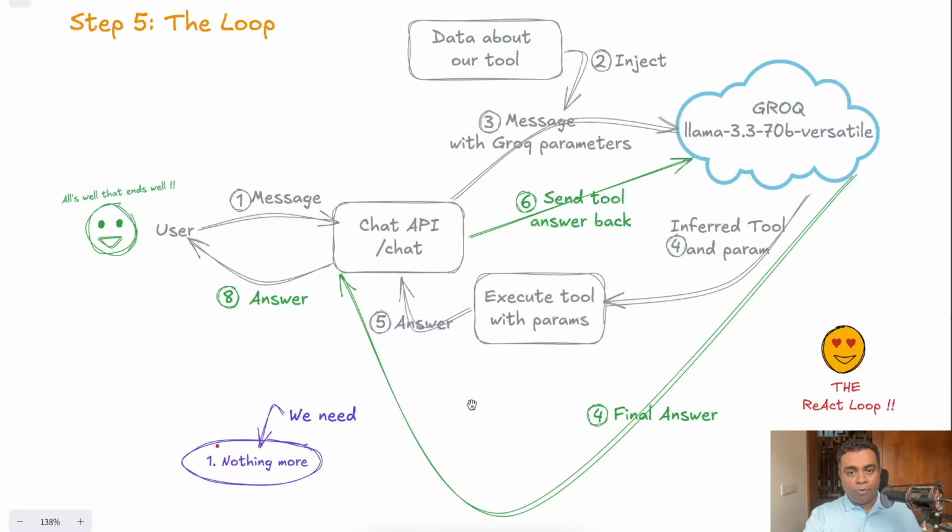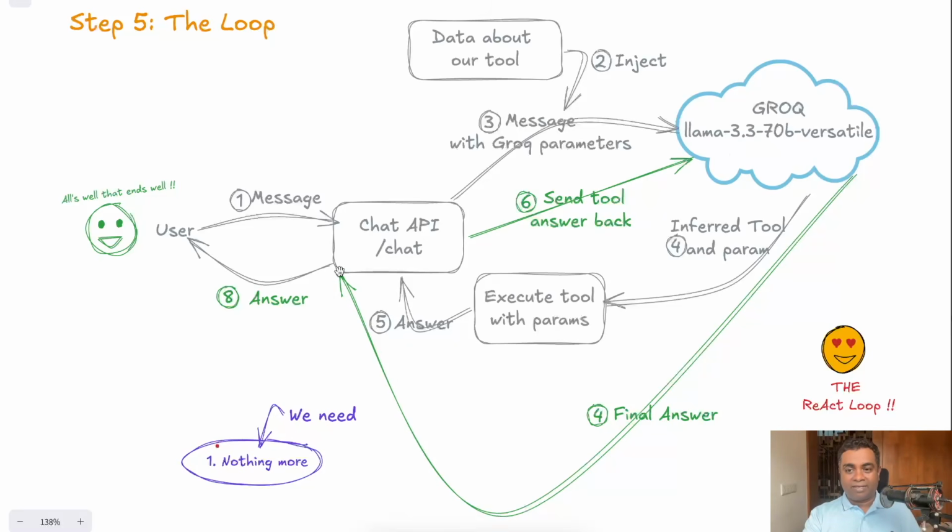So this loop is the true AI agent loop, because if you think about it, what is this actually doing? First, it thought about it, sent back the parameters to us, and then there was an action, and then after the action we send it back to the LLM, and it observes what has happened,